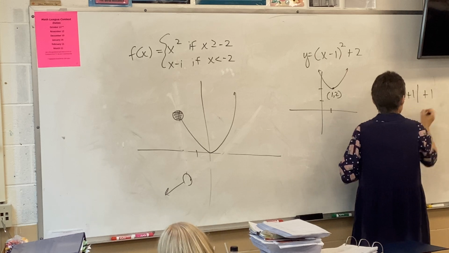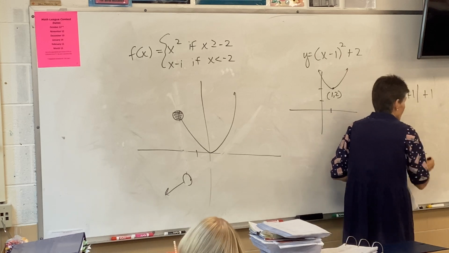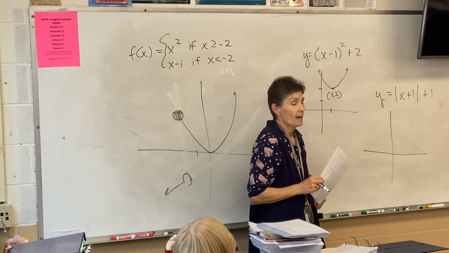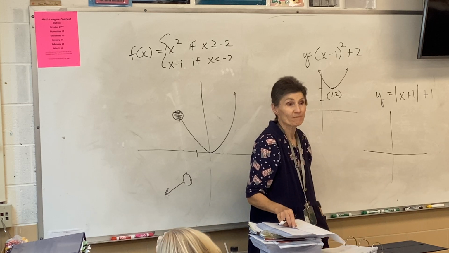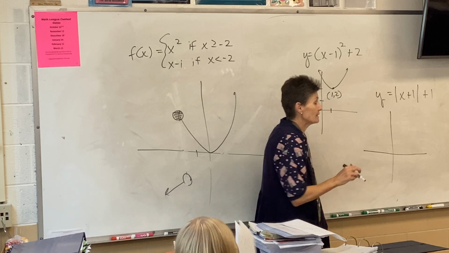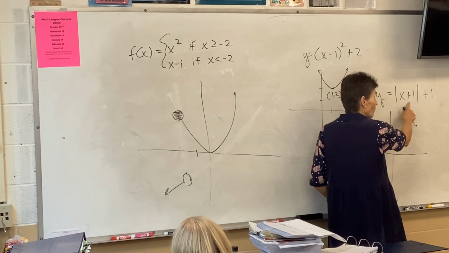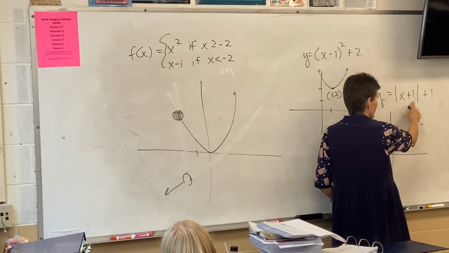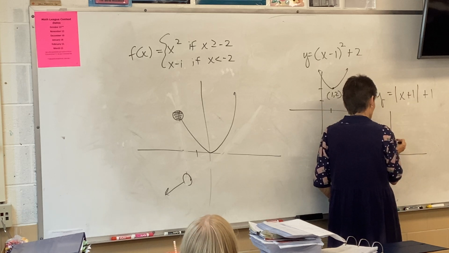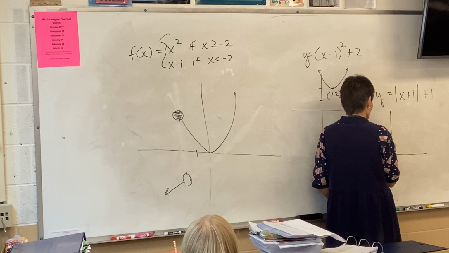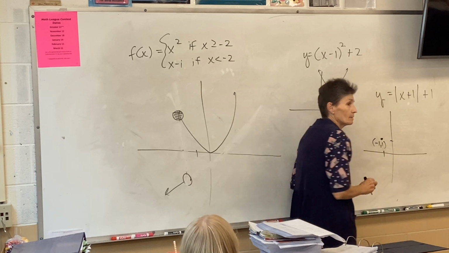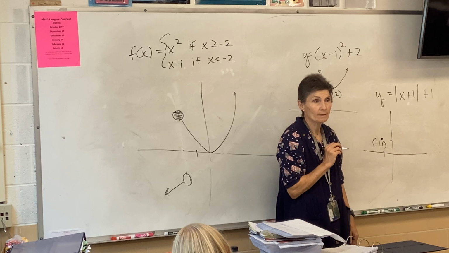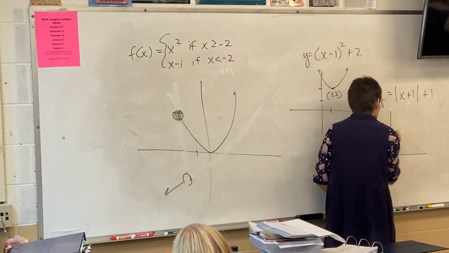This is almost the same thing. Only what shape is this one? Absolute value V. And it's been moved how? Left one, up one. So negative 1, 1. Left one, up one. Negative 1, 1. And then